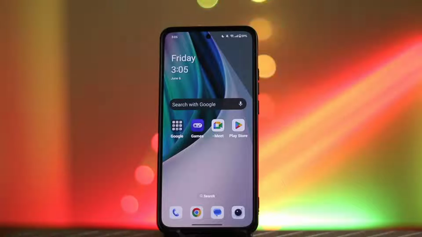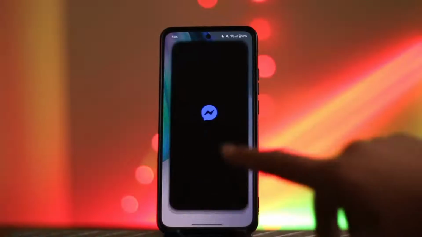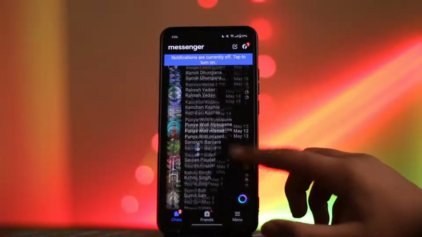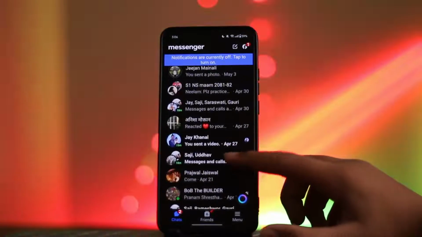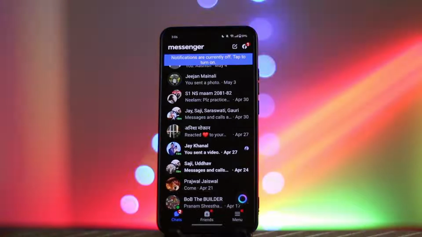So if you want to delete a group chat from Messenger, what you're simply going to do is first open the app Messenger on your device, then search for a group you want to delete. After you found the group you want to delete, what you're simply going to do is long press on the